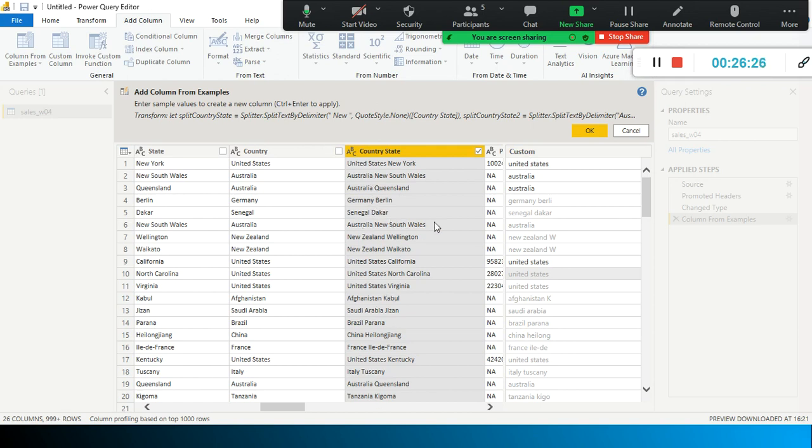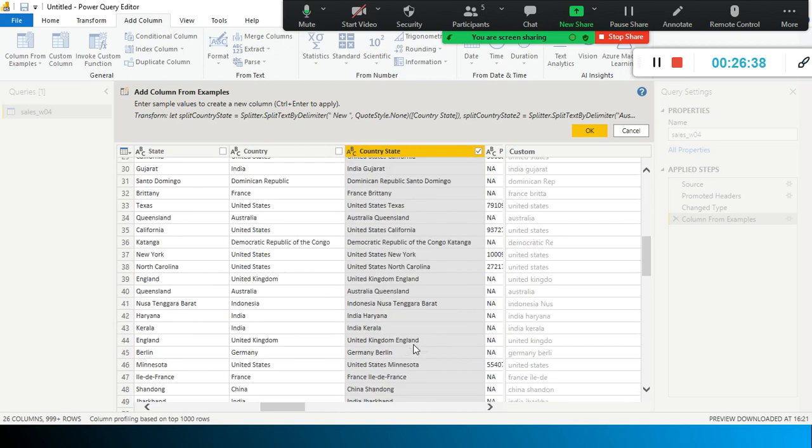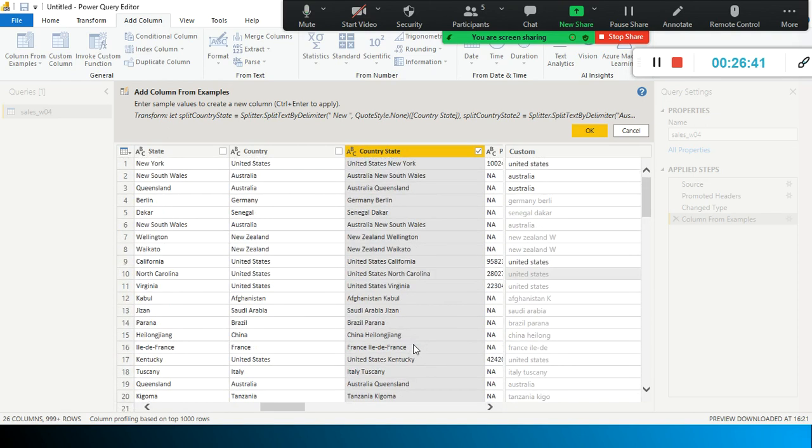Somewhere 1, 2, 3, 4 words are there, somewhere you have only 2 words, and somewhere you have hyphens and all coming in between. Maybe all these things, a hyphen is coming here. There are different formats in different rows, different formats in which they store the values here. So the best thing is we can ask the customer to give the proper format so that we can extract it. That is the solution as of now.